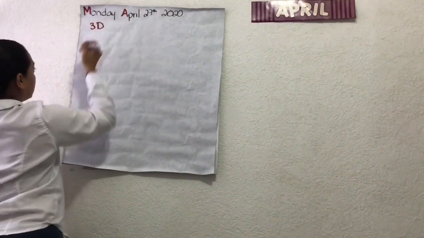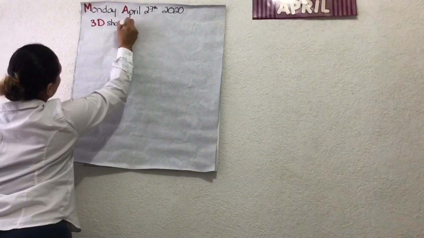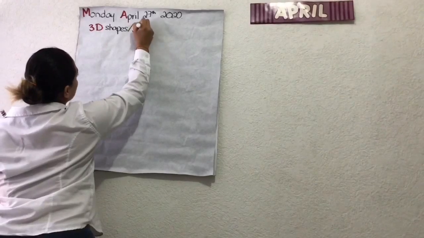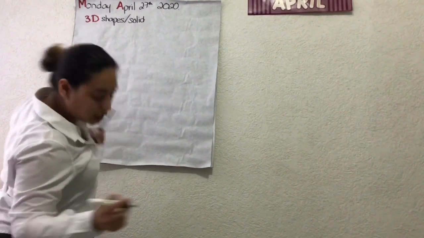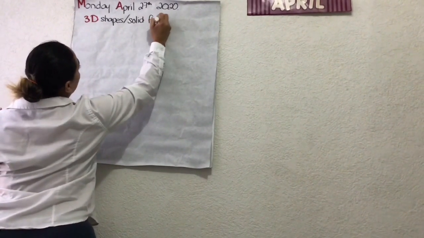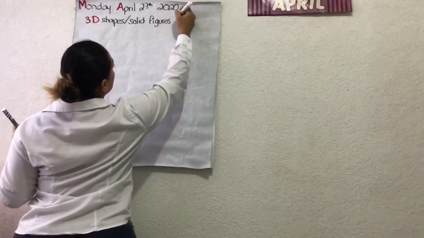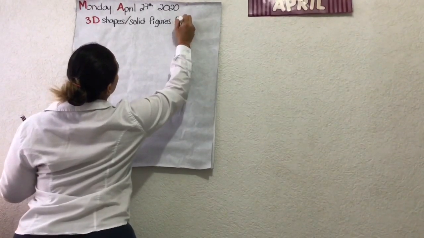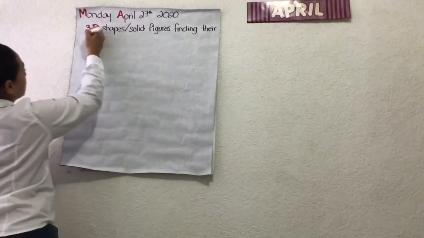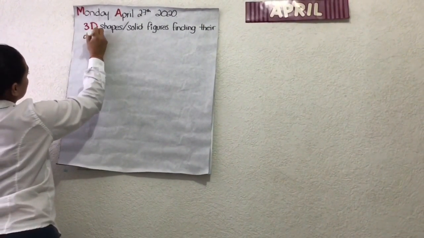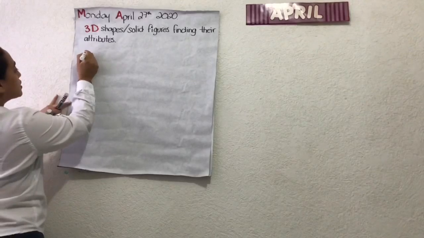So this is 3D shapes or solid figures. Finding out their attributes. Okay? All right, so the first thing we're going to draw is going to be